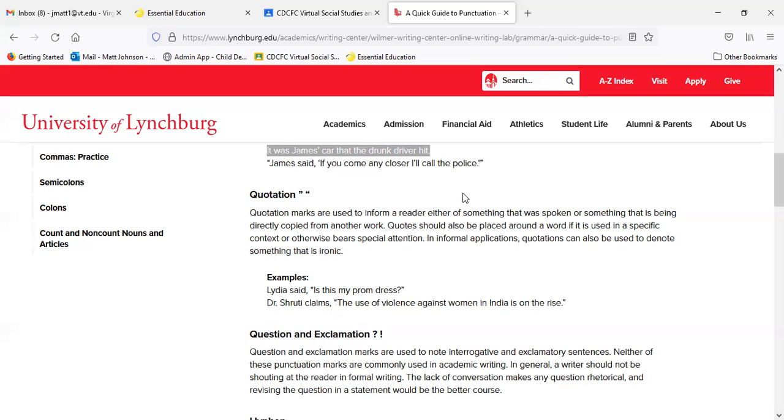If it's at the end, it'll be inside of the quotation, so it would replace the period at the end there. And to answer your question, Delasha, those single quotation marks, right? If you only see one on each side, typically that's a style choice in other countries that primarily speak English, like Great Britain. They use single quotations instead of double quotations. So if you're reading a book that's published in the UK, typically they'll have them in single quotations,